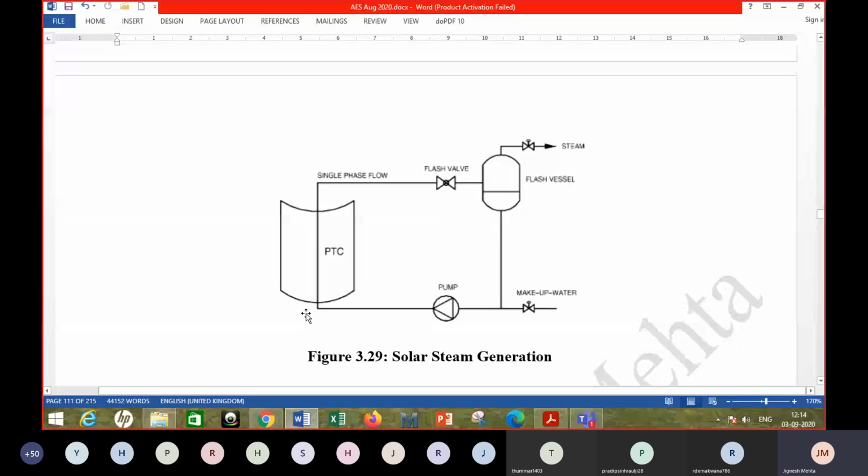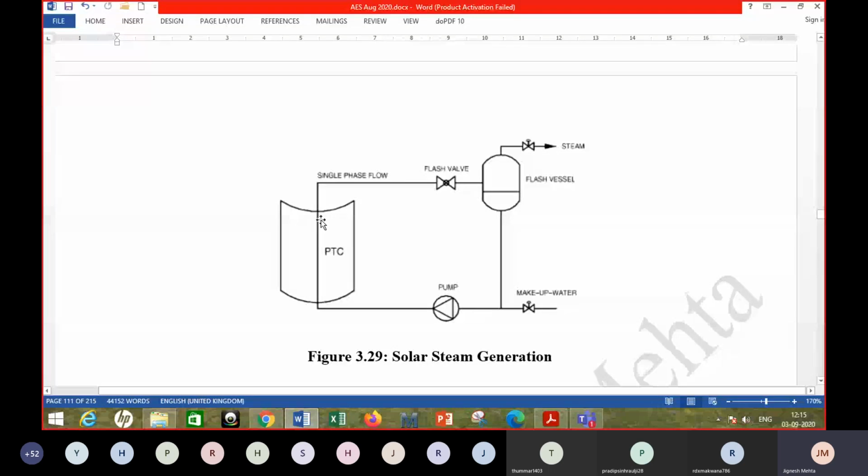Now you already know the configuration of the parabolic trough collector. Here it will be the receiver or absorber tube through which the pressurized water passes. The temperature increases as it passes through this. You don't want the boiling to occur here, so you are using pressurized water. And the need is more than 100 degrees Celsius, so you have to go for pressurized water if you want to use water as the working fluid. Many times water is the best working fluid because of its good heat transfer characteristics.